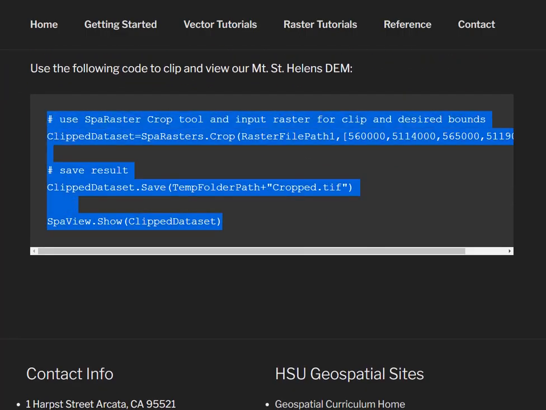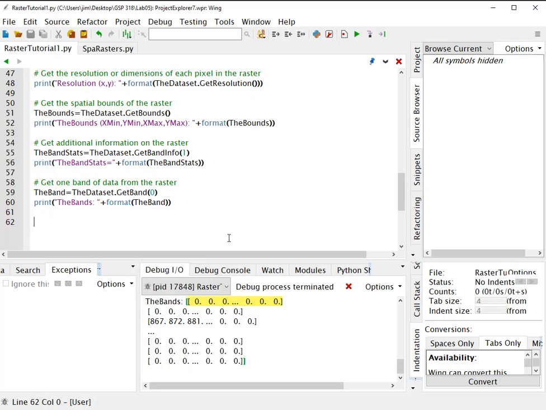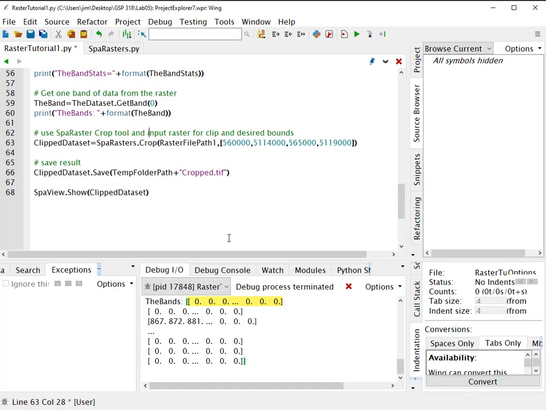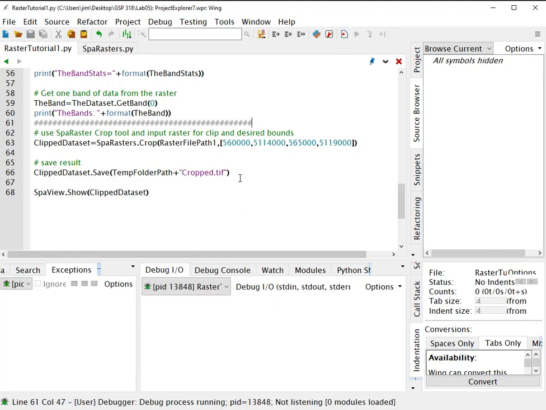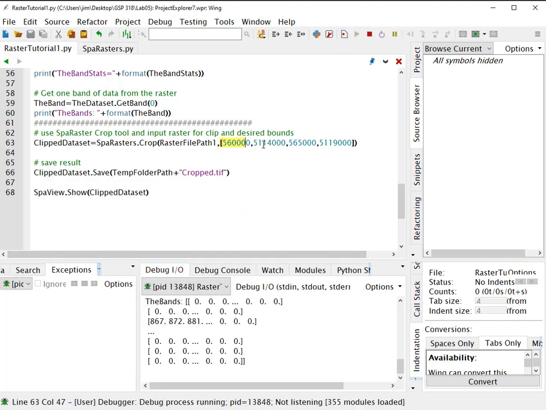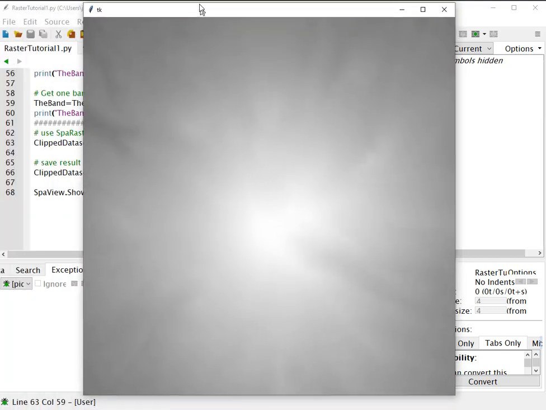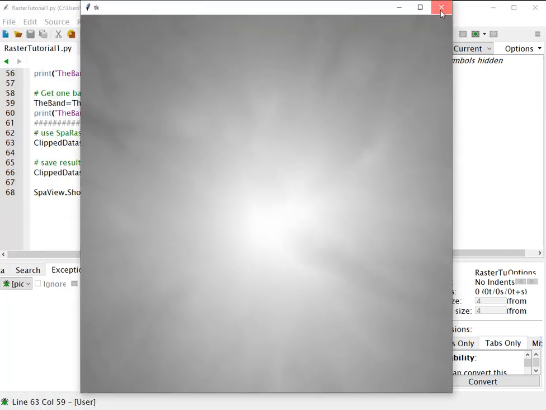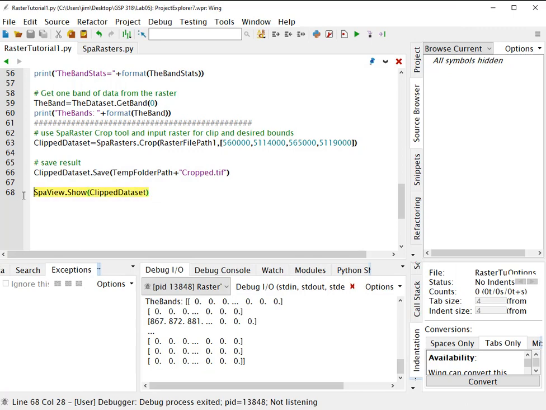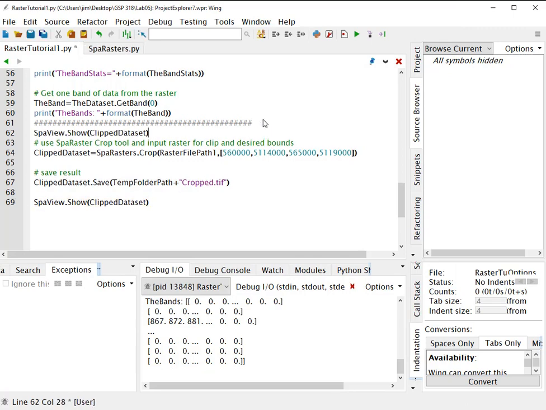All right, so let's do some interesting things. Here's how we clip a raster. Now it's a little bit hard to keep track of where we are, so I'm going to put in some hash marks, of course. And all I've done is specified an array that has our bounds in it. This is really common, used in both open source and code that I work with. So we've got a new x min, x max. Now when you open this up, it's kind of hard to tell, but you can see that we've just got the volcano. If I go ahead and show the original data set,